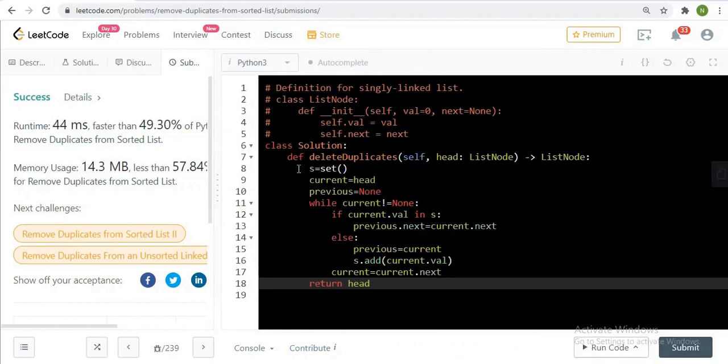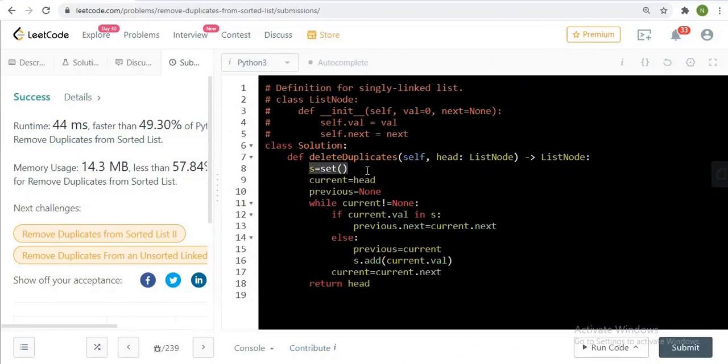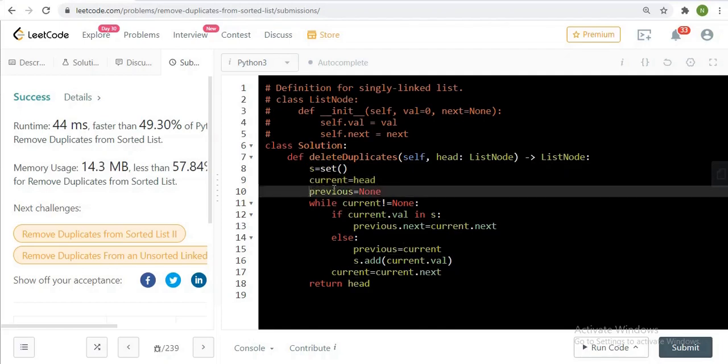So what we are doing, we are simply creating the set because of its default property, which is it can't contain the duplicate values. And the question is remove the duplicate, so the best data structure we can think of is set over here. Now creating the current of the same data type, which is pointing to the head initially, and previous pointing to the none.